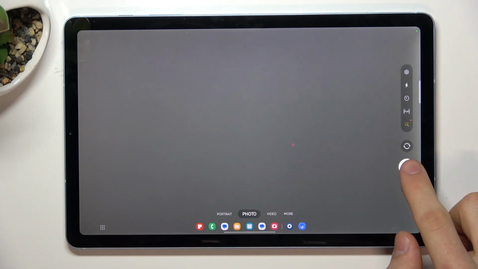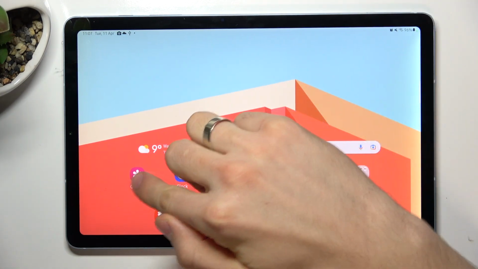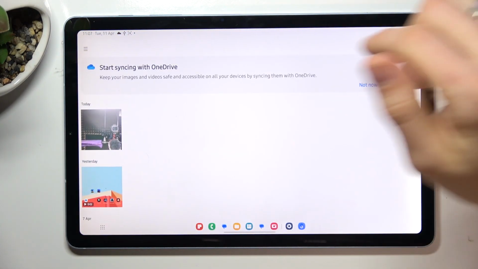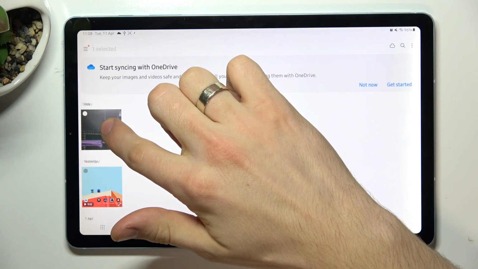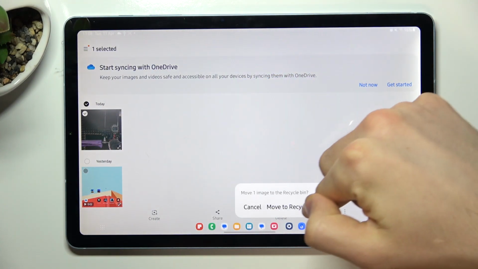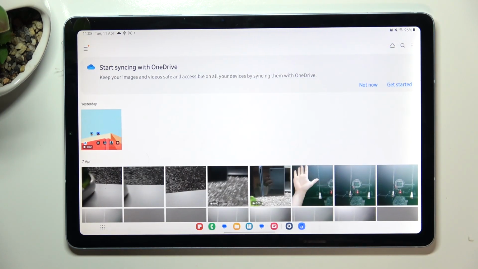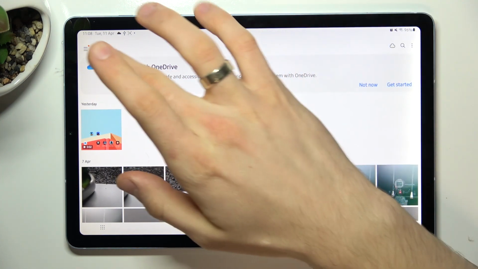So, for example, now I'll take the image, and now I'll open the gallery. As you can see here, I have the photo I recently took, and I will remove it. And as you can see, the image was moved to the recycle bin, and if you want to restore it, you